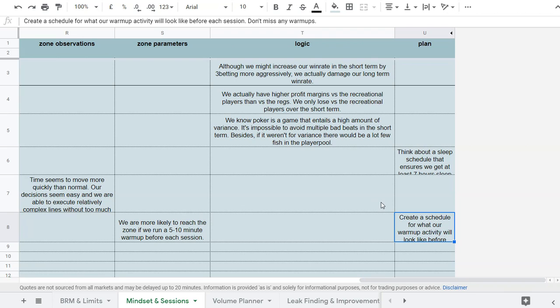And what can happen here is we start to see association between two events. So we start to associate that 5 to 10 minute warm-up with playing in the zone. That essentially causes us to generate a habit. And the habit is when we run that 5 to 10 minute warm-up, we reach the zone. And the longer that habit exists, the more strongly ingrained it becomes, to the point where we can now achieve the zone at a very high frequency just by reproducing the zone parameters that we've associated with playing in the